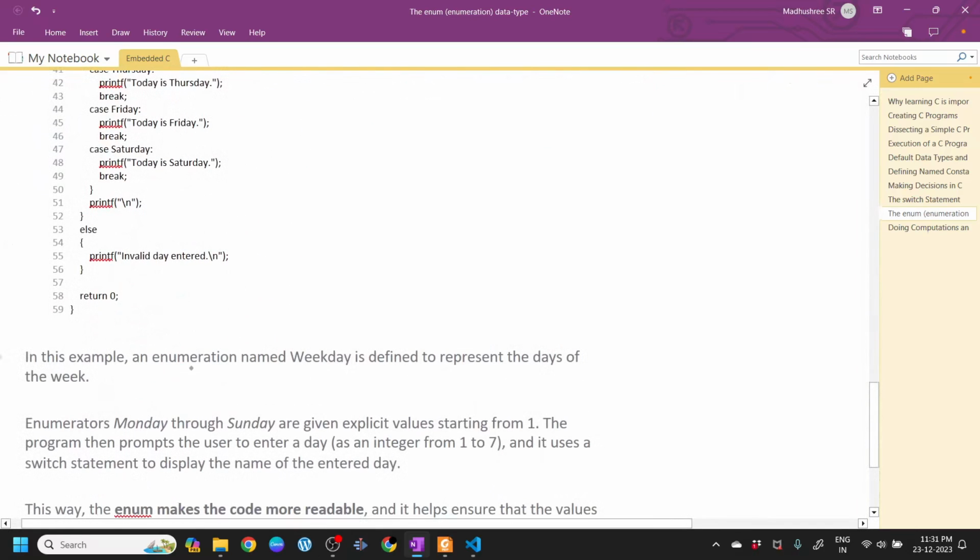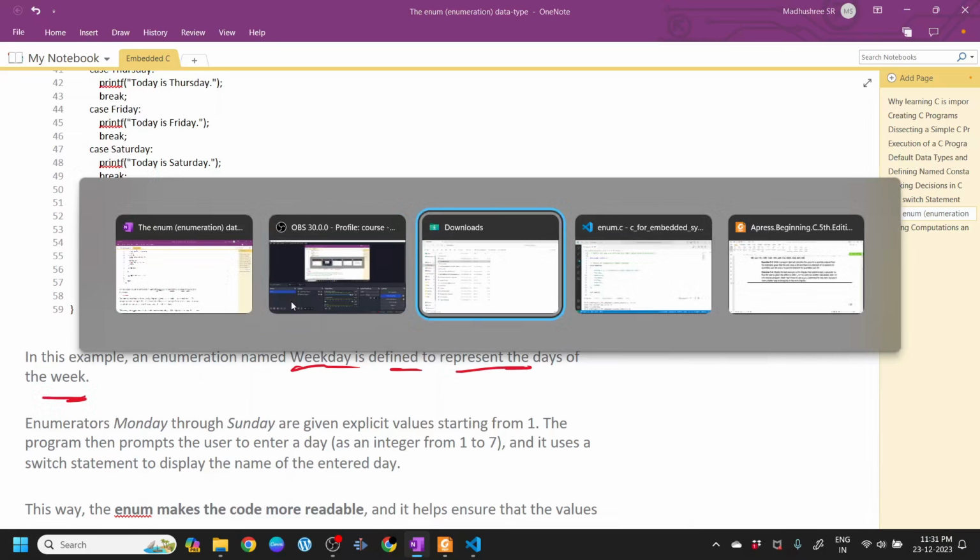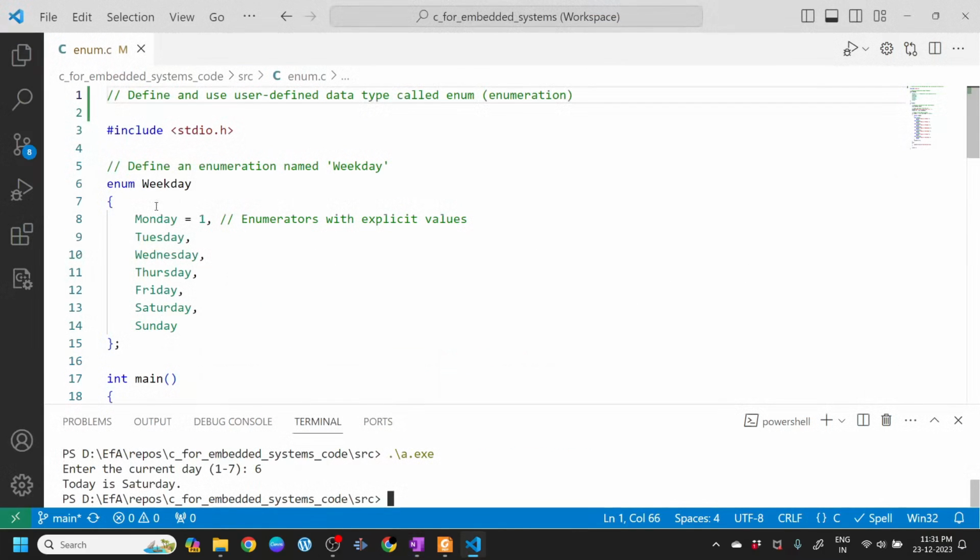So in this example, an enumeration named weekday is defined to represent days of the week. So let's go back to the code. Here you can see that